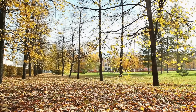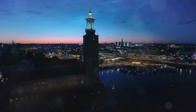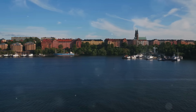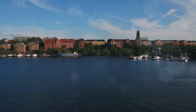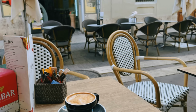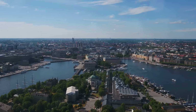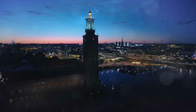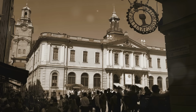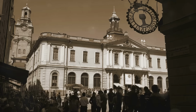A perfect day in an autumnal fairy tale. As the last of the day's light fades, leaving a trail of stars in its wake, we find ourselves reflecting on our journey through Stockholm. What began with the cozy warmth of a traditional Swedish Fika has unfolded into a tapestry of experiences, each more enchanting than the last. From the grand history whispered within the walls of the royal palace to the tranquil beauty